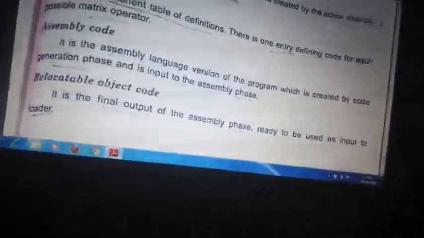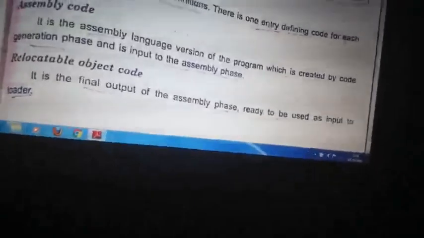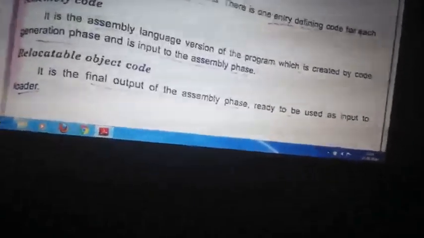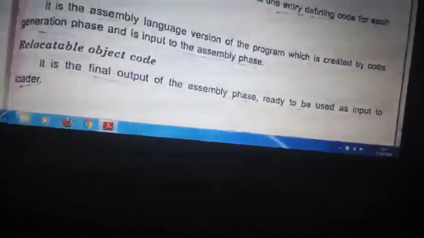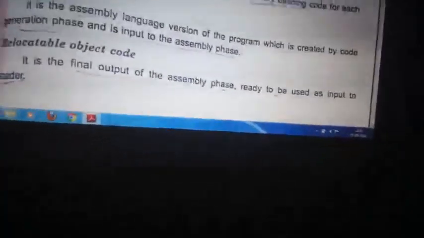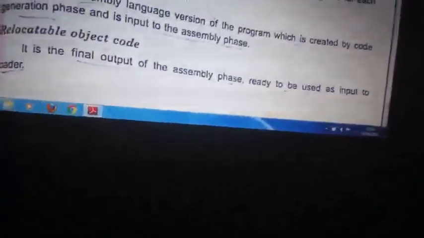And finally you need to assemble the code. After assembly, if you use the compile and go method, then it will directly run from that location. But if you use a relocating loader, then it should be reloaded, which is done by the loader, and made ready for execution.